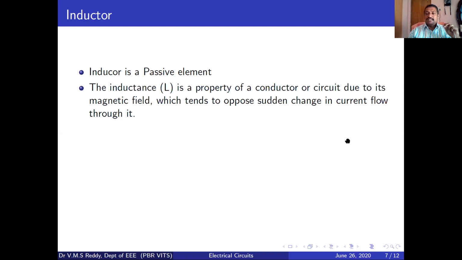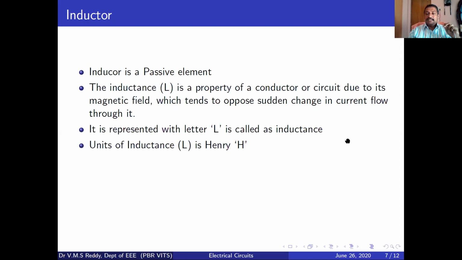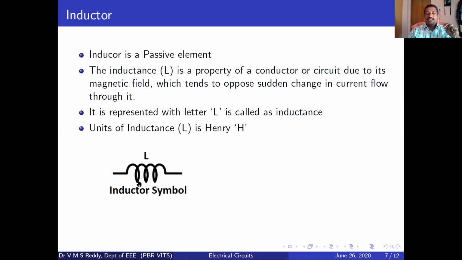Very simple. You take a conductor and that conductor should be rotated into a coil structure. Coil structure means in a coil manner, then that conductor becomes an inductor. So to make an inductor, you take copper and wind it into a number of coil turns. If you wind it into a different number of turns, the conductor becomes an inductor. As the number of turns increases, the value of inductance L increases.